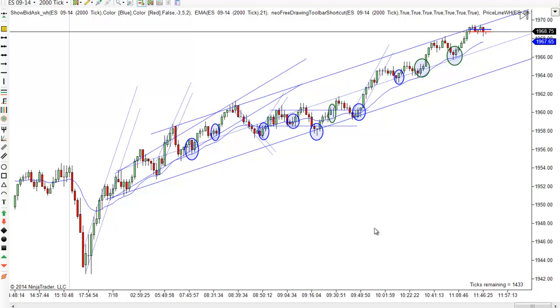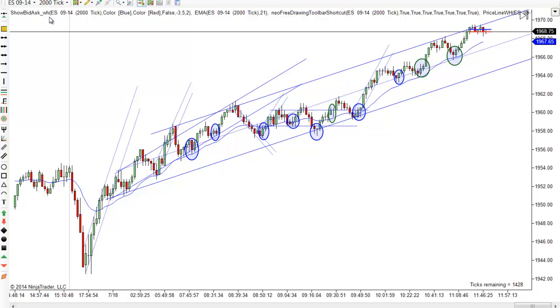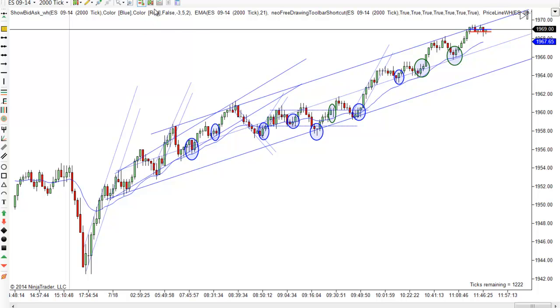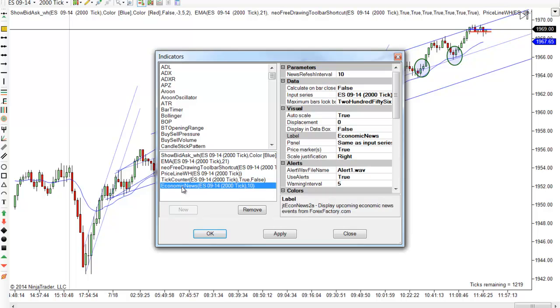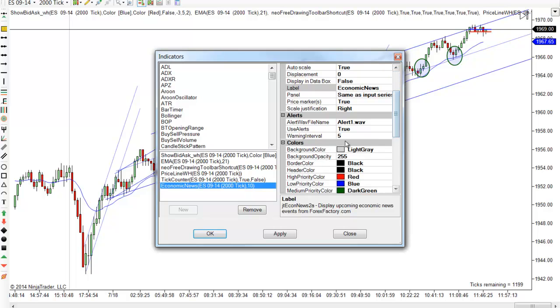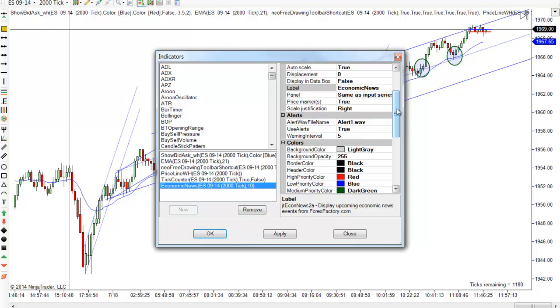I've talked about the news indicator. It's free. It's on our website. Download it if you want it. It tells you when news is coming. Notice there's nothing else coming out today, but if there was, it would be listed up here. And I have mine, the economic news right here, and the one I have up there is the one that doesn't have any advertisements that somebody sent me, and I have it set to warn me 5 minutes before the news comes out, and I only use